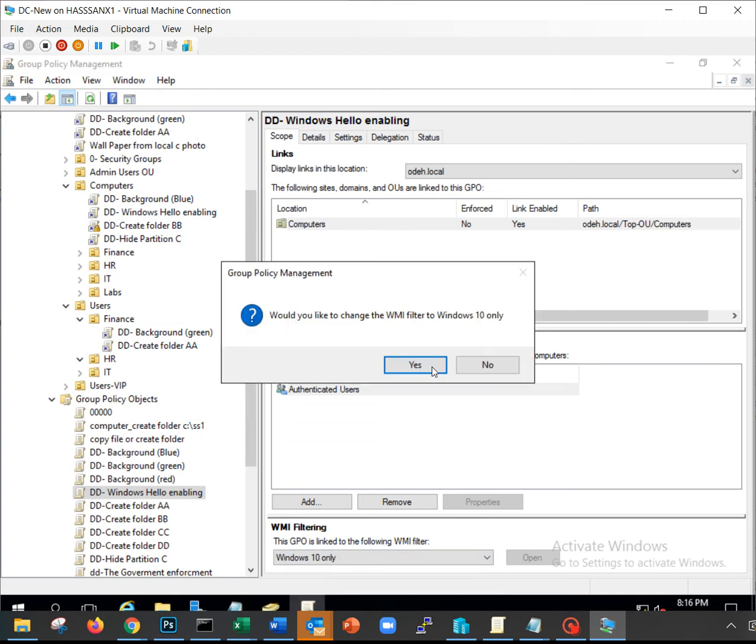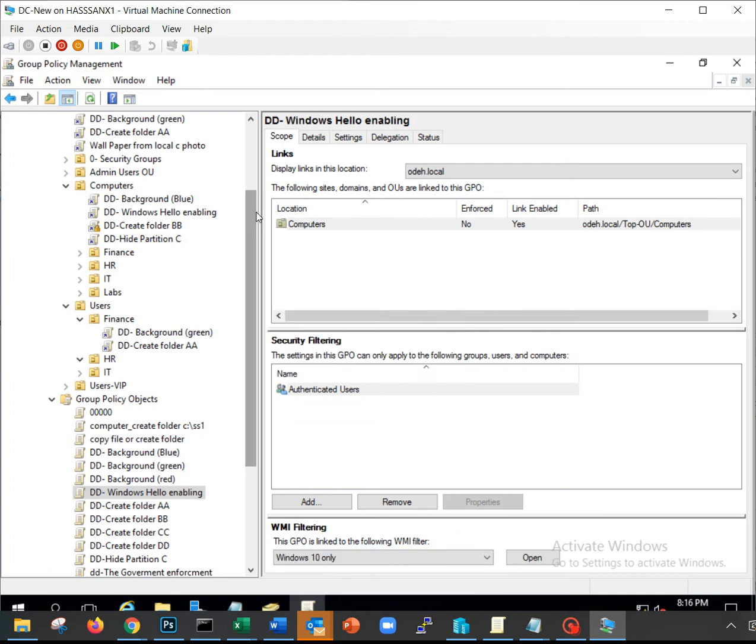So that's it. For me now, this query means, if I ask you where does this GPO apply, you tell me it will apply to everything in the computer OU if it has Windows 10. Good, as simple as this. It will apply to everything in the OU computers if it has Windows 10. Good, so this is what we call security filtration and WMI filtration.